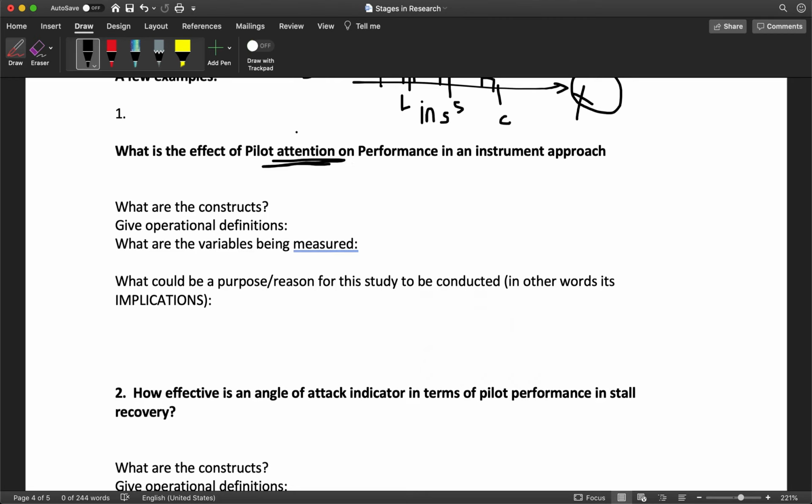That'll be my operational definition. And how am I going to measure it? And then on performance in an instrument approach, right? So an instrument approach, we can define the instrument approach as, let's say we take them all and do a VOR approach at some airport, the same airport, right? VOR X, same airport. Performance can be some sort of scale measurement score on,